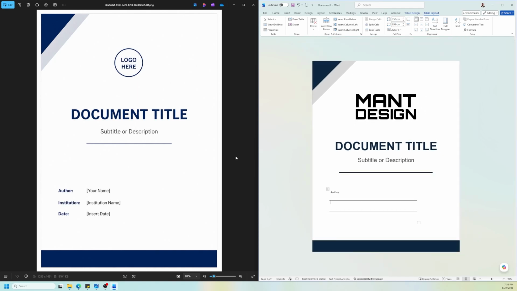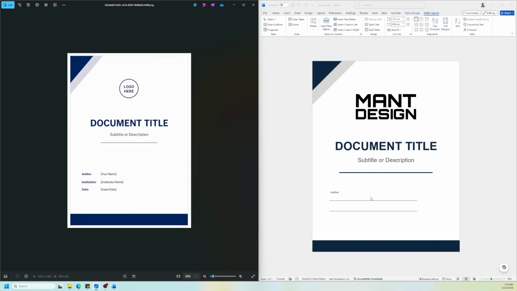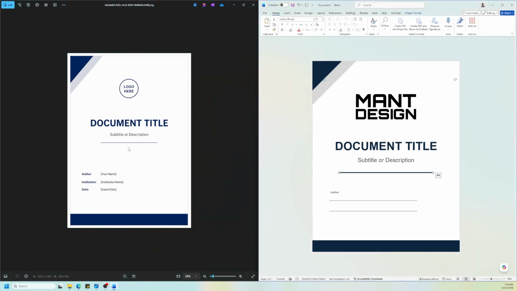I think this is the design. We can zoom out a little bit to make you see. It's almost the same design. Maybe this line is a bit thicker than the one here. You can adjust it the way you want, but it's a cool, nice task, maybe at school or for your son if you want him to learn how to use Word,